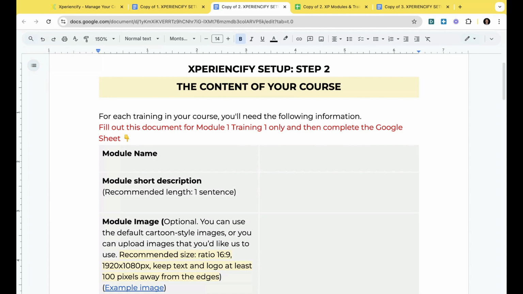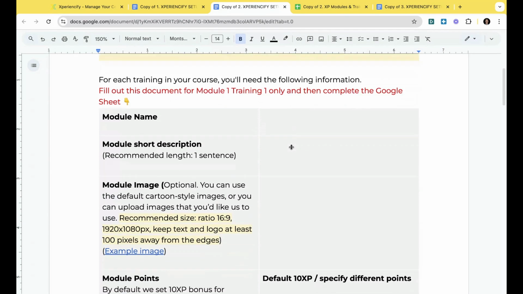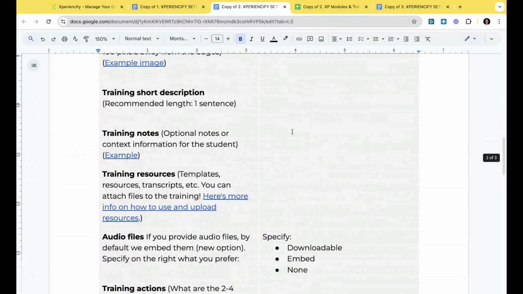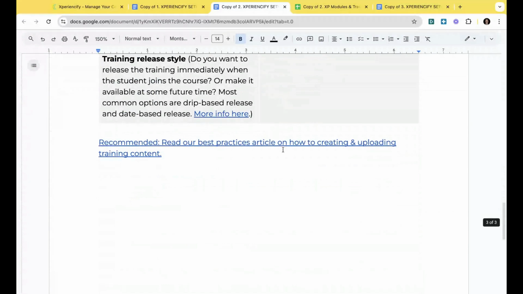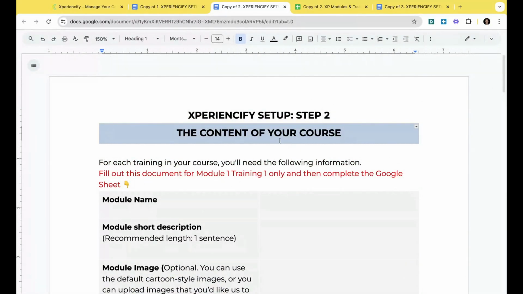But any type of learning needs to be broken down and structured so that your learner can follow along and move through the material that you've created in a way that makes sense, in a way that's engaging, in a way that allows you to support them, right? So what we have here is a template that you can walk through that helps you to organize what the content of your course is.